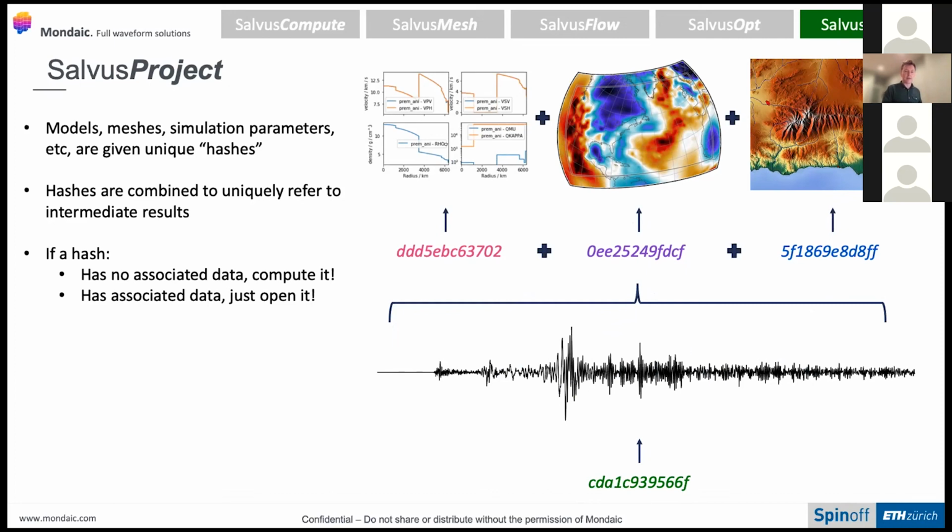We keep everything, and that's true. But of course, if we run out of space or if we want to delete something, we can actually just keep the hash. This is just a small text representation of what we actually computed. And that hash is information that connects it to all the input files that created that certain type of data. So if I deleted some synthetics from iteration 1 because I ran out of space, I can easily compute those again because Salvus project knows all the intermediate steps that were required to